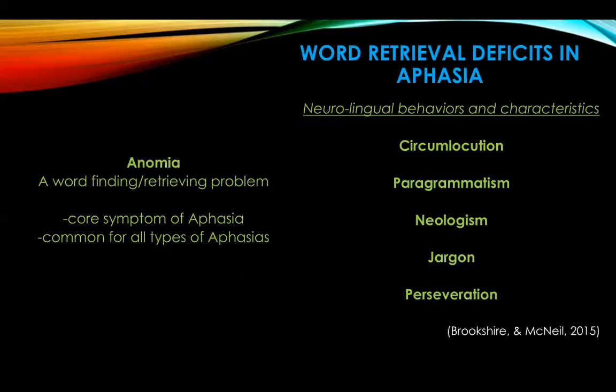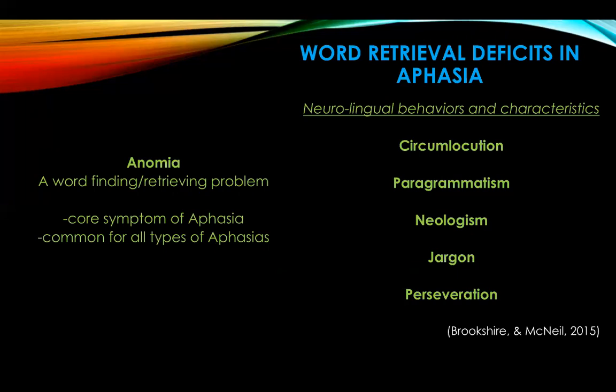Anomia or word-finding problems is a core deficit in aphasic patients. Word retrieval problems across different types of aphasia is further complicated by fluency issues, auditory comprehension deficits, and poor repetition. These complications result in certain characteristics and behaviors, such as circumlocution, which is when someone has difficulty coming up with a word and they talk around it; paragrammatism, which is when words are lost and the aphasic speaks fluently with